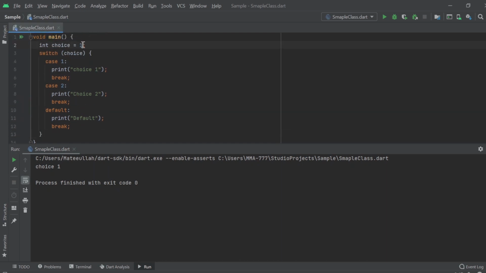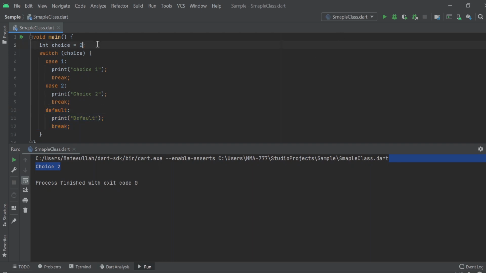And if I write choice is equal to 2, you can see choice 2: first see this, if this condition is false, then the control will be given to this line, and when this is true, this line will execute, and then break and the control is given outside the body. All the remaining lines will never execute.